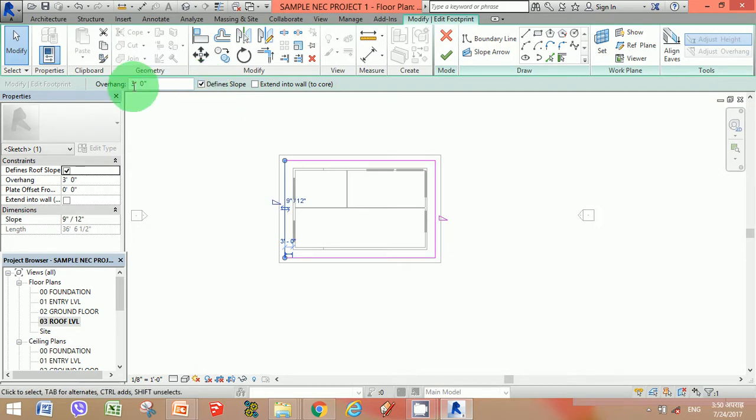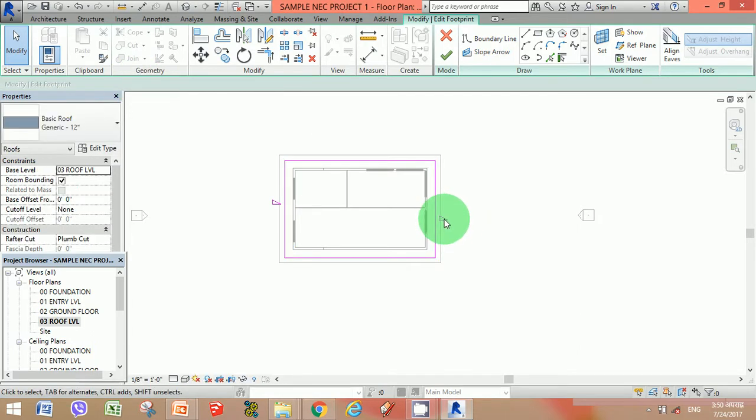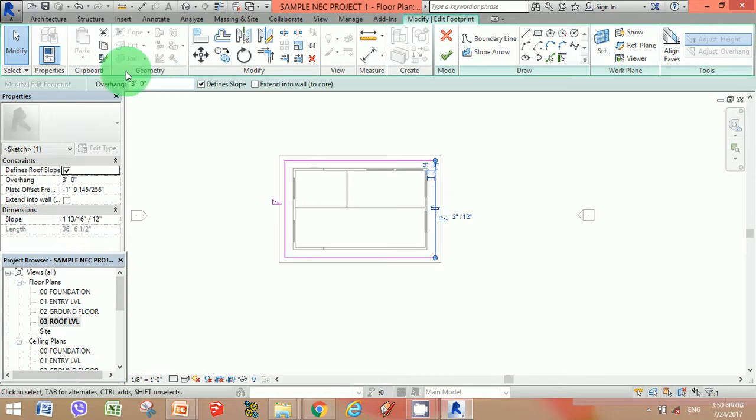Define slope, there is an overhang of 3 feet, okay, and this part we remove the slope and use an overhang of 5 feet, we say.